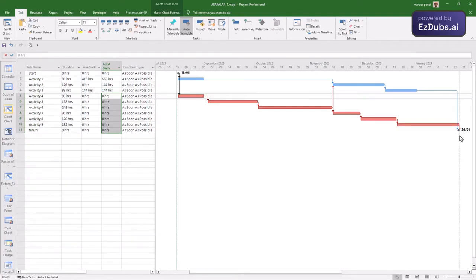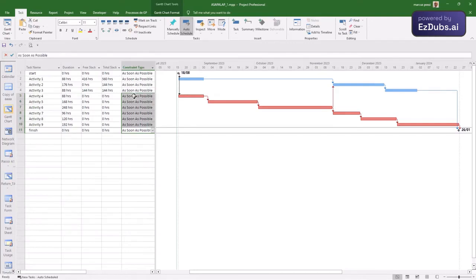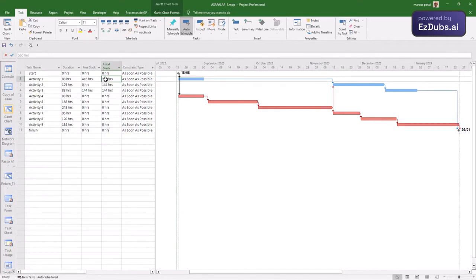All activities are of the earliest possible type. The objective is to deliver the results as quickly as possible, but the branch in blue is the production branch that has a total slack different from 0. That is, activity 1 can be rescheduled, postponed, and even delayed without compromising the final date of the project.